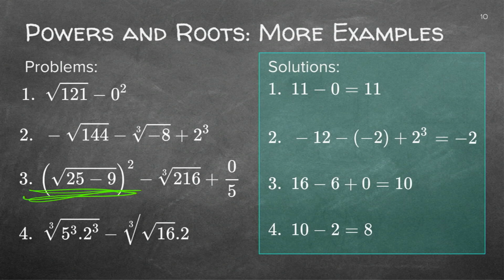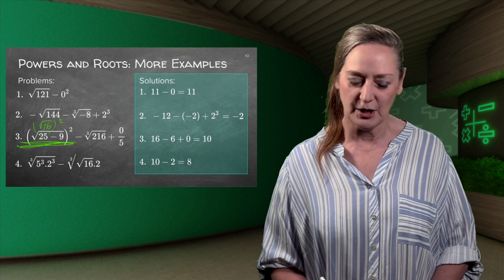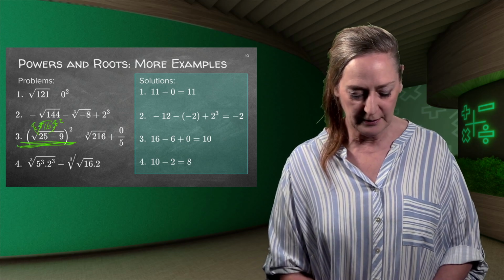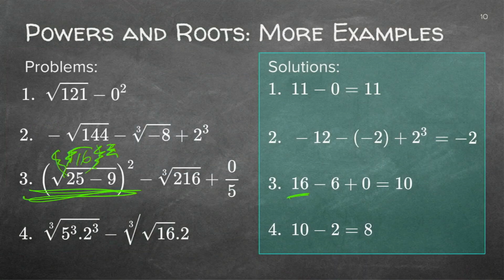And you're going to work that out first, which is the square root of 16 square. And that's the other thing that I told you to look at. When you have squares and powers to 2, they cancel each other out. When you have third roots and power to 3 or cube powers, they cancel each other out. And this is what's happening here. The square root and this power cancel, so your answer is 16.